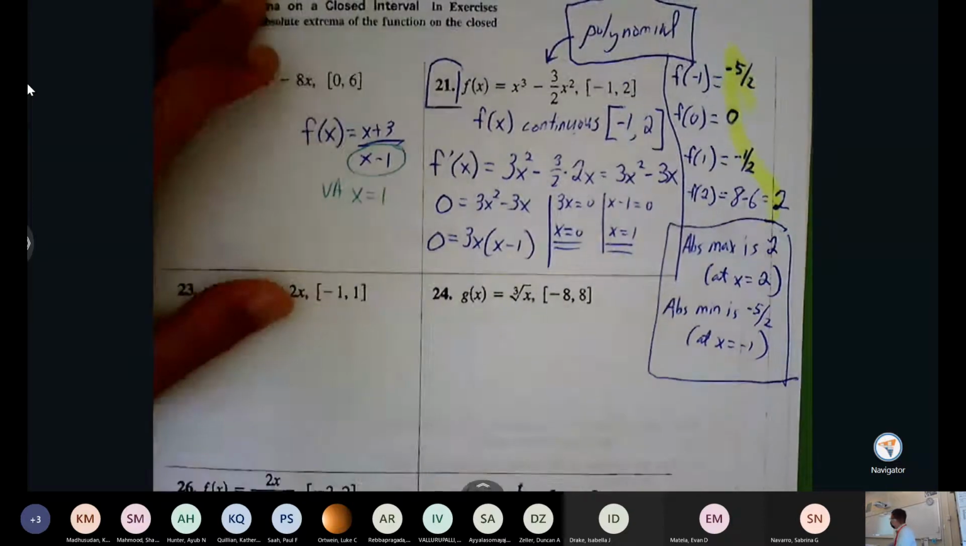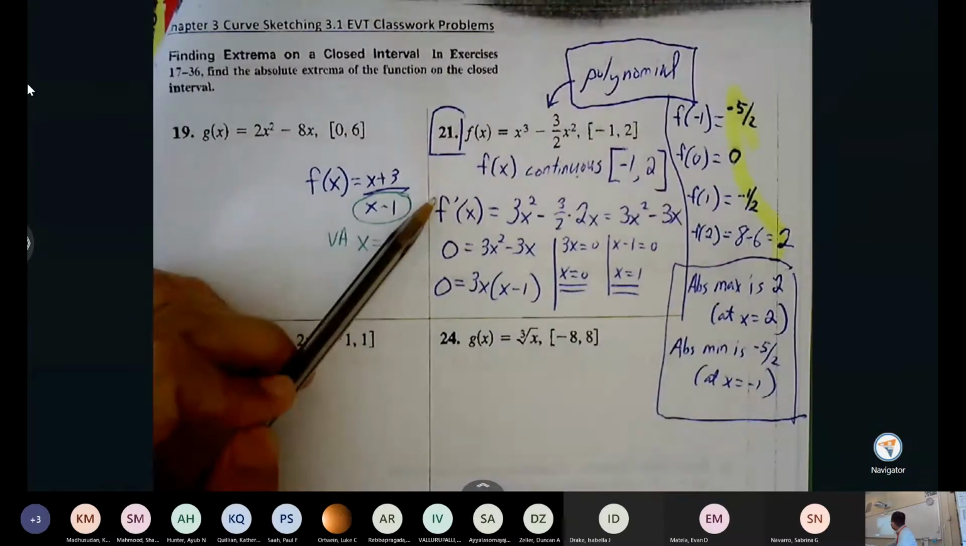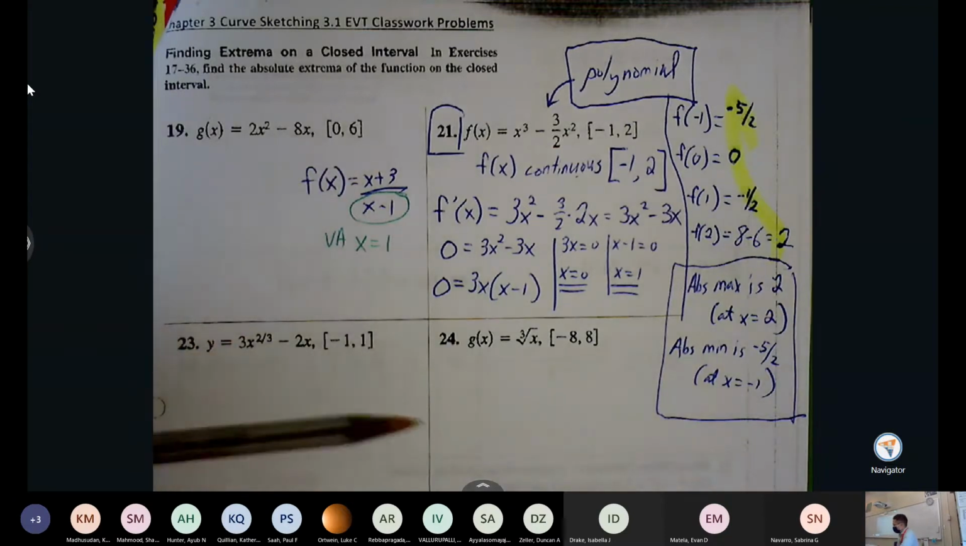So this is off of the 3.1 worksheet that we did. We did number 21. I want to review the concept, review the process, and then let's do 2 more problems. And then we can review a little bit of mean value theorem and Rolle's theorem. And then we'll do 3.3, which is first derivative test. So the recap,